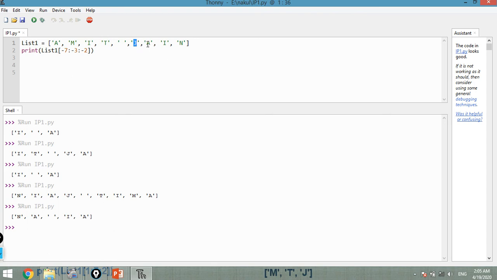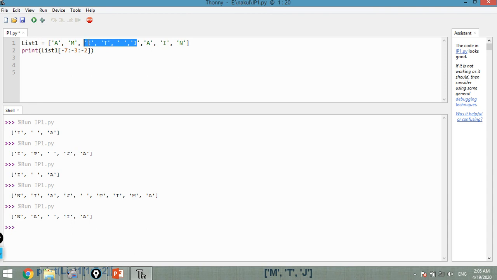But -3 will not come in the answer. It will display the result just before the end index, up to J. So these are the elements that are to be displayed, but due to the minus step, it will take the jump of 2.